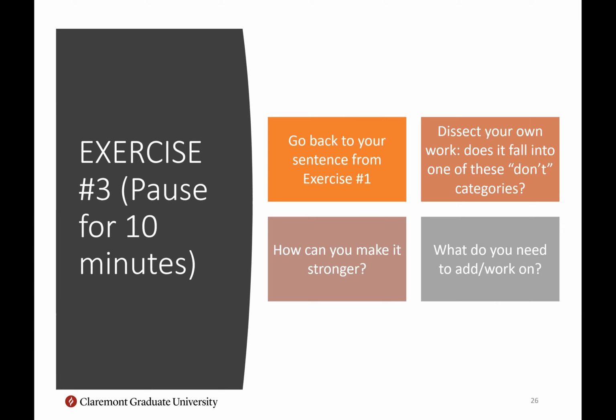What do you need to add? What's missing? What do you think is really important to include to make this a strong and effective thesis statement, based on some of these elements we looked at, some of the examples we looked at? What do you still need to do to get your work to that level? And again, come back to the argument, evidence, significance. Are you struggling to answer one of those, to complete one of those statements? That's probably the area you need to go back to, keep thinking about, keep building on, keep adding to.